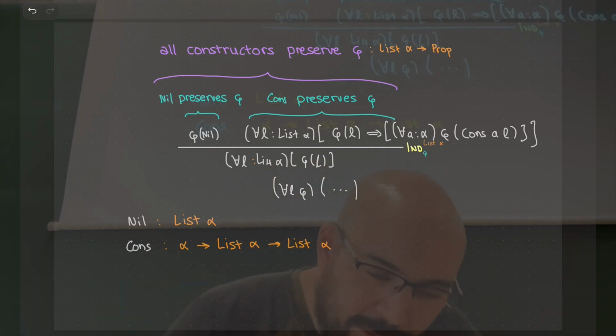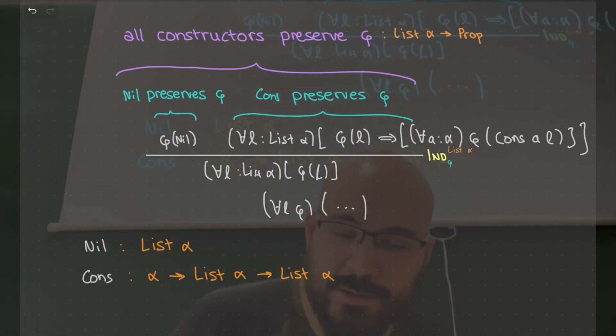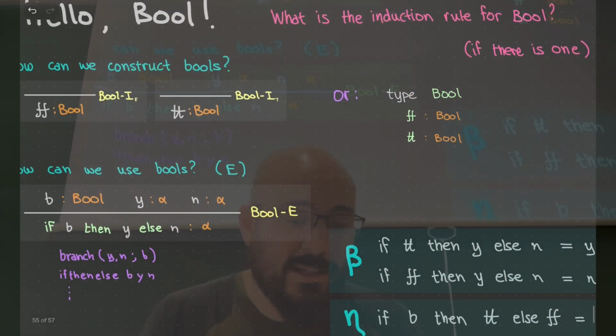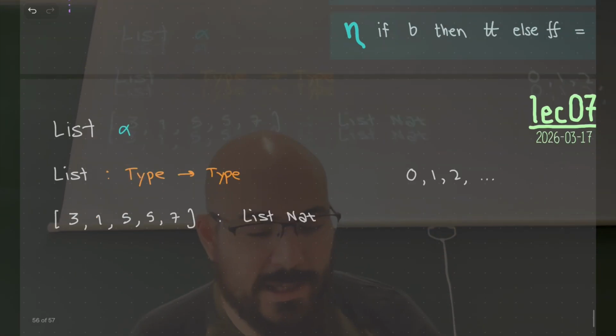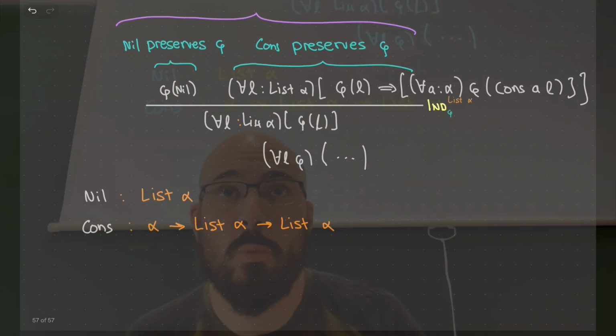And you can prove stuff by induction. You can define things recursively on lists, and I will put some exercises for us to get some experience with this. But for the time being, I have 3 induction rules. One seems a bit weird, which is the Booleans, because it's not really inductive. In a sense it is, but it's not really interesting because I don't have any constructors that require arguments like that. Okay, questions?